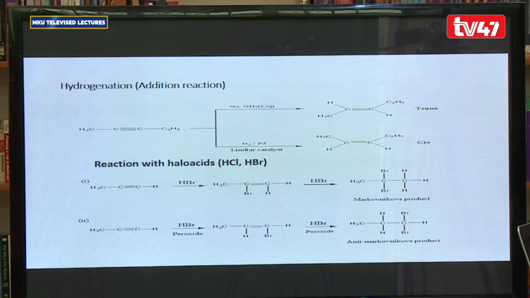Now, again, once you react an alkyne with a halo acid, the hydrogen will add at one carbon, and the anion, which is a halogen anion, will add at the other carbon. Meaning that one of the carbons will have a higher number of hydrogen counts than the other. And generally, ordinarily, if the reaction is taking place without